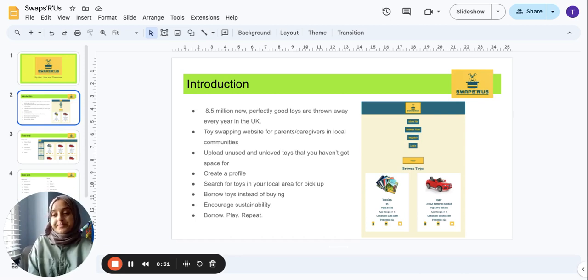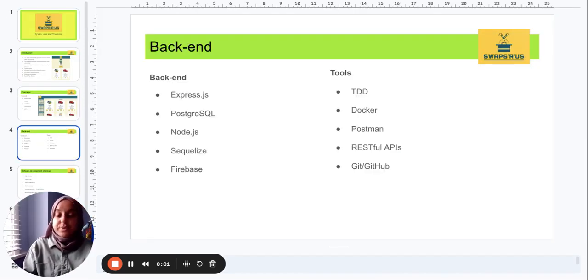toys from others. So the website will allow you to create a profile, search for toys in your local area, and borrow toys instead of buying. This is to help encourage sustainability in the toy industry. Borrow, play, and repeat. So for our backend technologies, we used Express.js as an extension of Node.js to create our